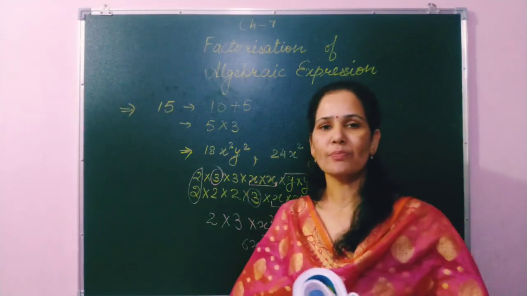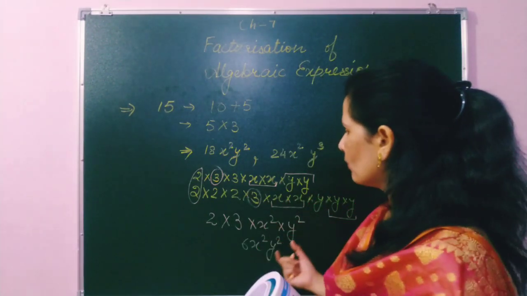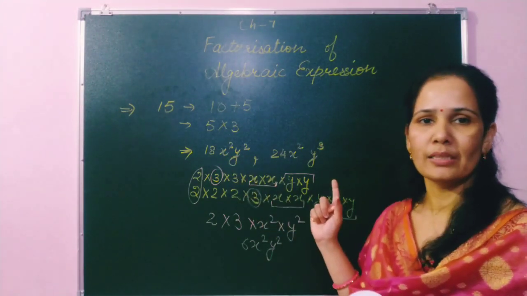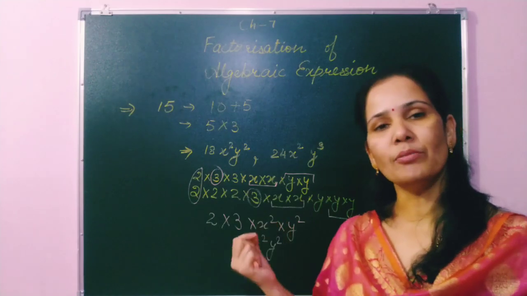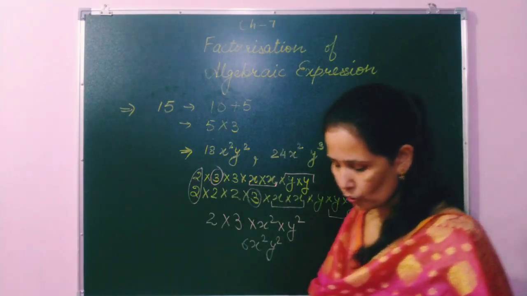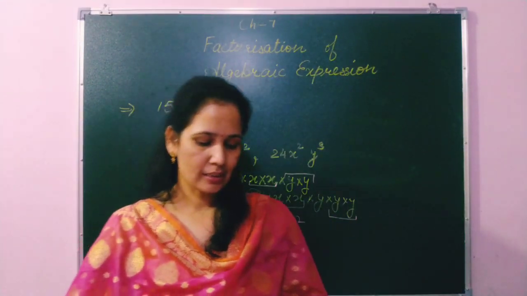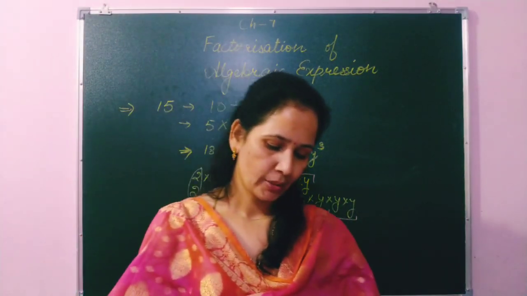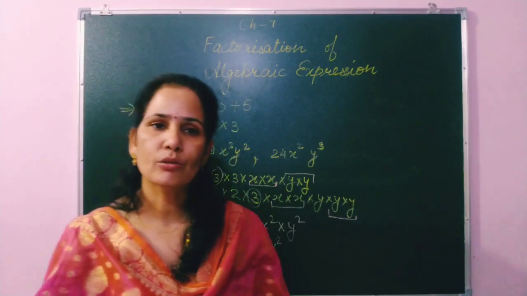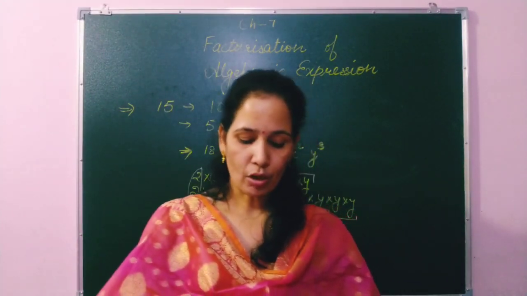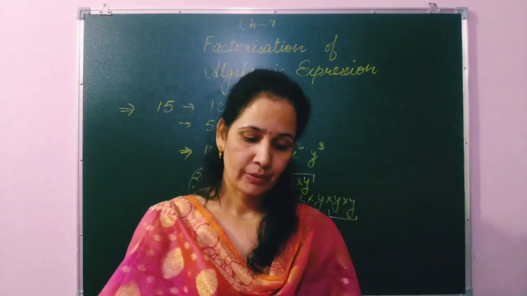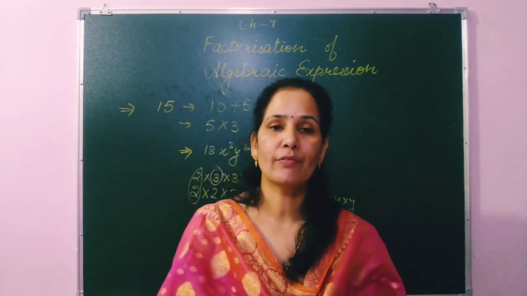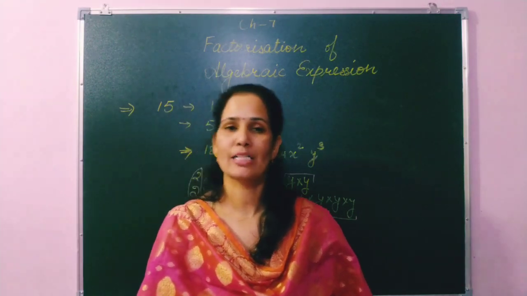So students, factorization means we have to take that number which easily divides the given numbers. The numbers can be 2, 3 and more also. Okay, so then after this, students, we are going to discuss the next topic. We have discussed how to find the factors of a monomial term. Now our next topic is factorization of an algebraic expression, meaning how we can write the factors whenever an algebraic expression is given.